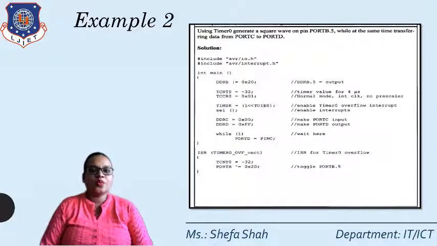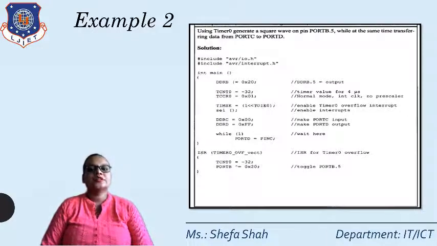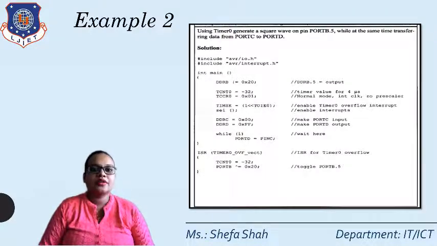And here we write while 1, so continuously the data will be transferred from C to D, that is PORTD equal to PINC. Now, whenever there is an interrupt, in the ISR, here we are using timer 0 in simple mode, that is normal mode. So TIMER0 underscore OVF underscore vect, that particular vector name we use over here. With the help of this name, we can say that timer 0 is used in normal mode.